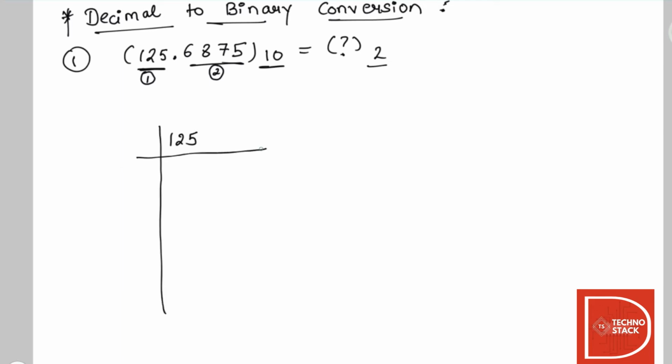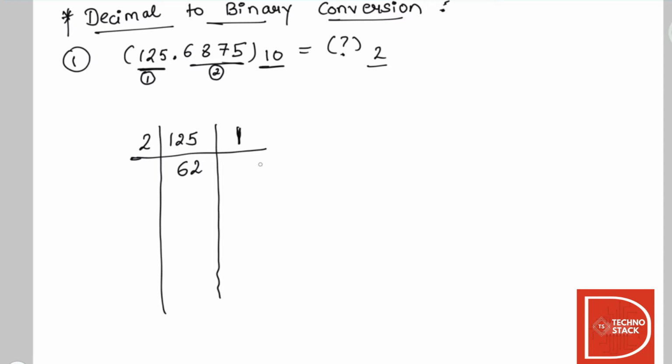Now what we have to do over here is make a column like this. We have to divide 125 by 2. So 2 62s are 124, so we have remainder 1, and we'll write 1 over here.